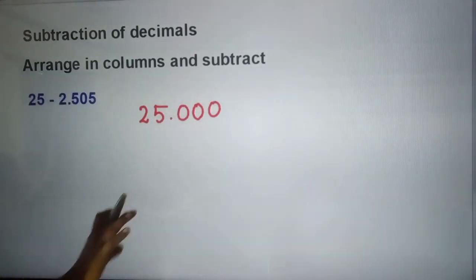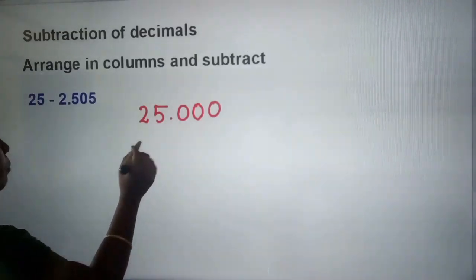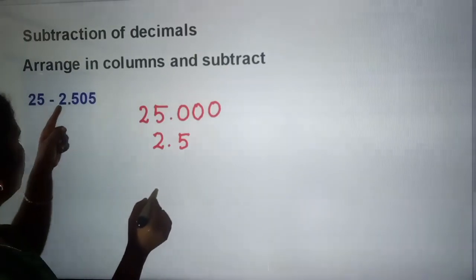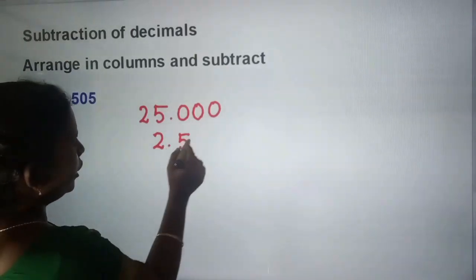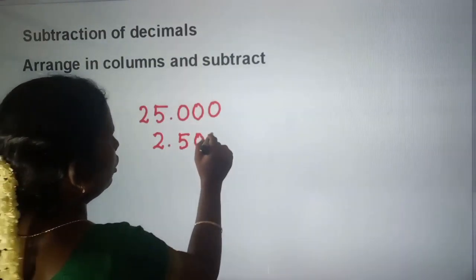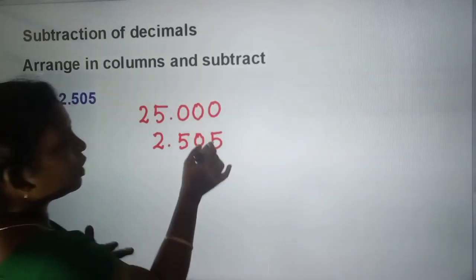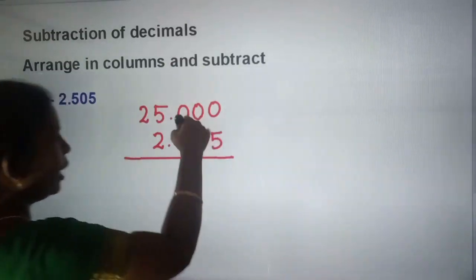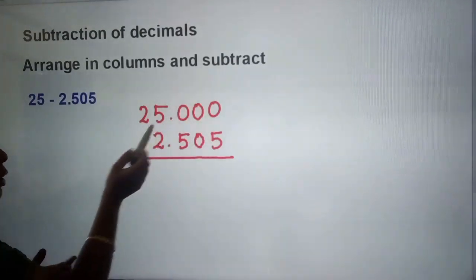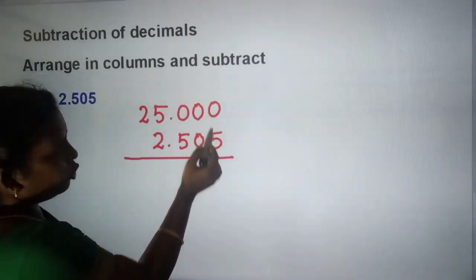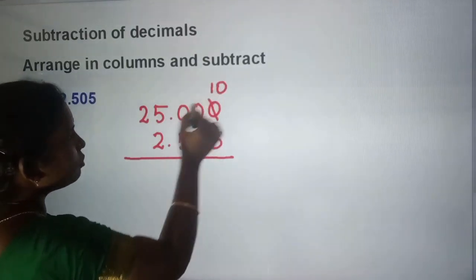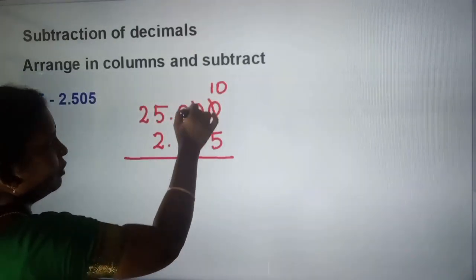25.000. If we make them like decimals, it will be easy for us for addition, subtraction, everything. See the next number, 2.505, how we are going to write it. 5 in the 10th place, 0 in the 100th place, again 5 in the 1000th place. Above that, for 25, that place is empty, so we have put zeros in that place. See, 5 cannot be subtracted from 0. Hence we have to group here. We have to group the number from 5.